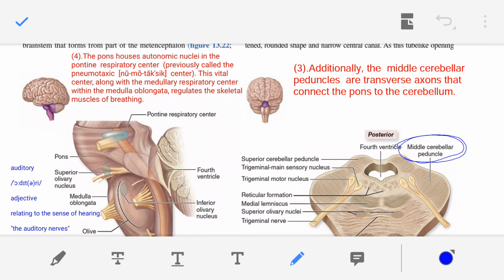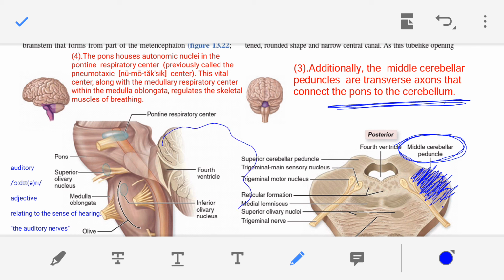So here they are shown, the middle cerebellar peduncles, and what these middle cerebellar peduncles are, they are transverse. So let me show you. For example, these are the transverse axons, and what these transverse axons are doing is connecting the pons to the cerebellum. So in this figure, if I want to show these transverse axons in the longitudinal section,